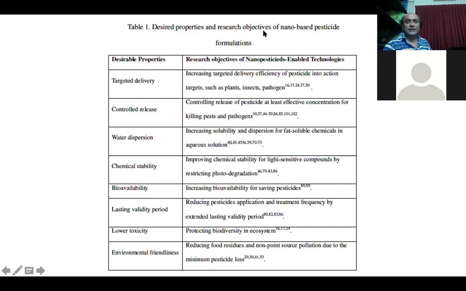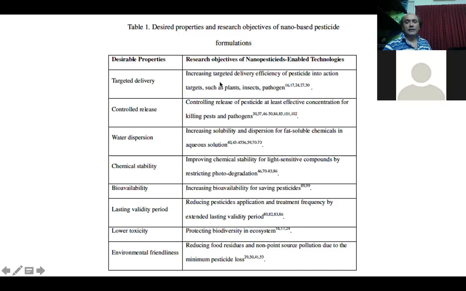Desired properties and research objectives of nano-based pesticide. Here you can see the scientists are doing research to get some desirable properties in the conventional pesticide. For example: targeted delivery, controlled release, water dispersion, chemical stability, bioavailability, lasting validity period, lower toxicity, and environmental friendliness. These are the main targets to incorporate in the new material, nano pesticide, so that we can achieve